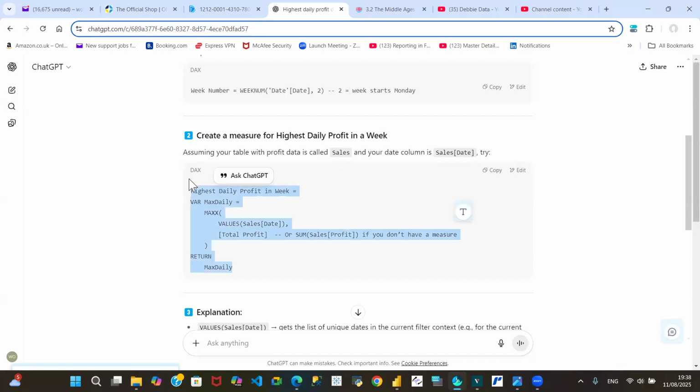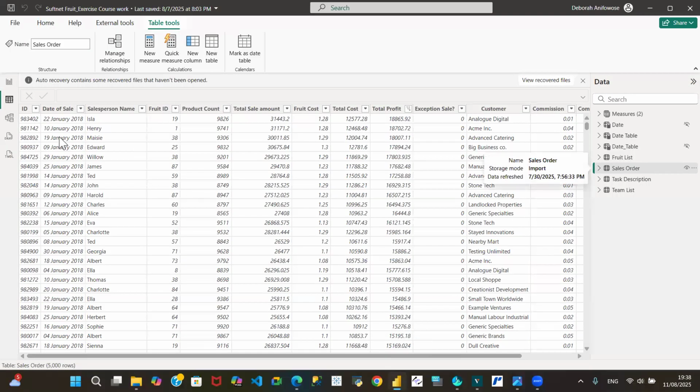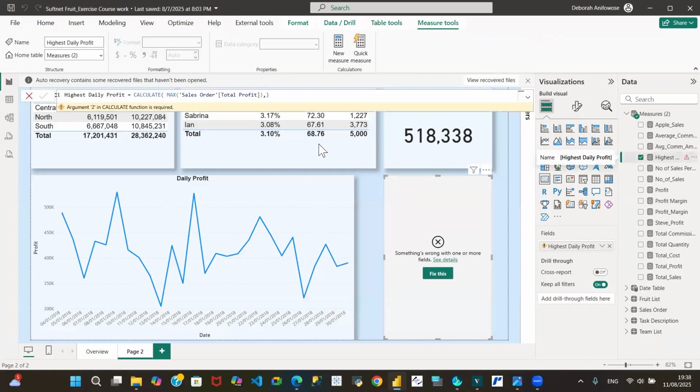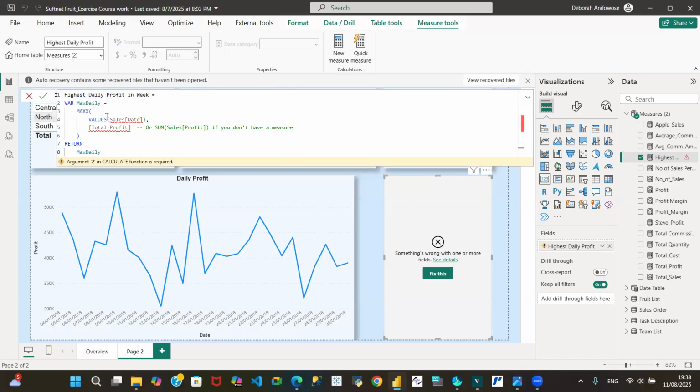If it doesn't work, we'll look for another way to do it. Okay. In our case, we'll use date of sale for the date sales date. Okay. I'm going to take this out, Control V. Okay. So highest daily profit in a week,